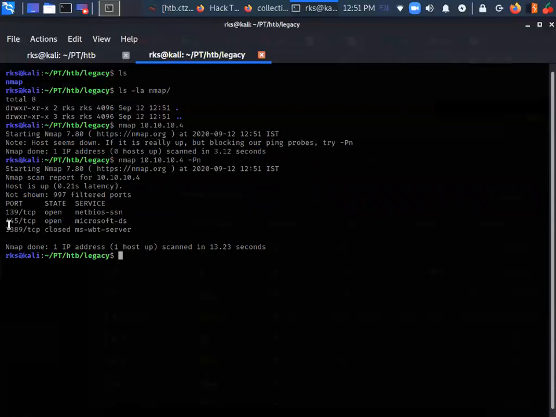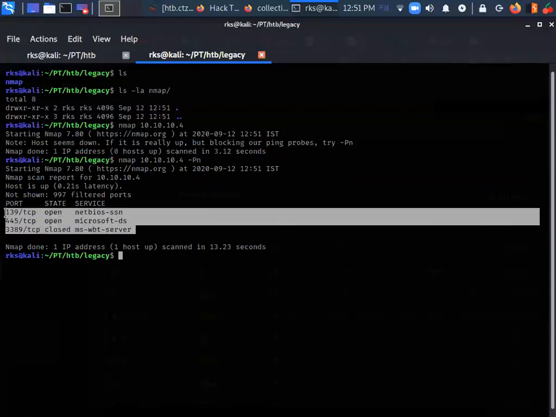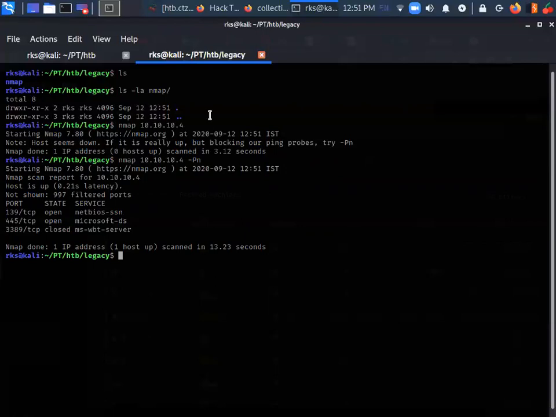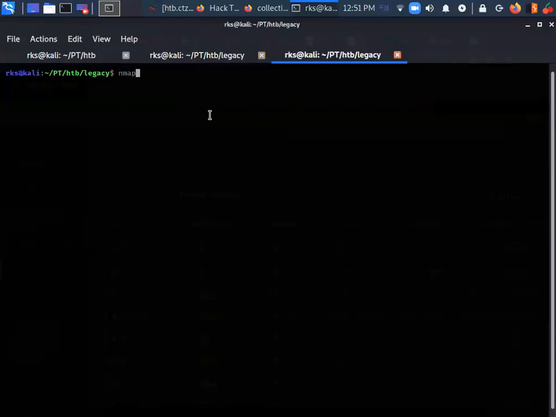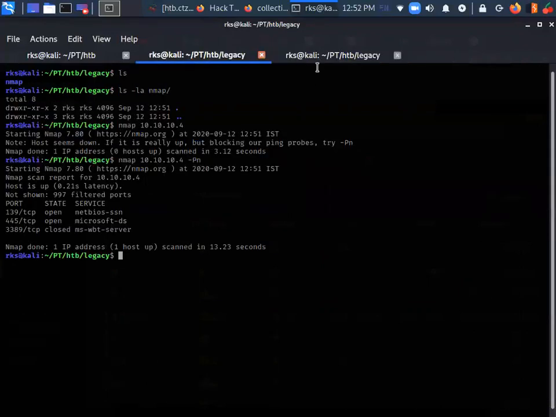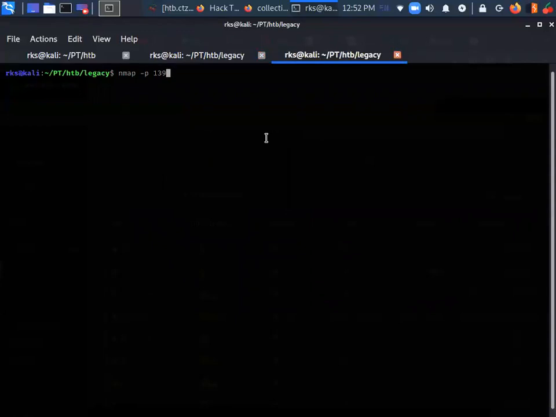Okay, so here we can see that ports 139, 445, 3389 are open. So it is going to be pretty straightforward for us. In our last session we talked about MS10-010, if you remember.